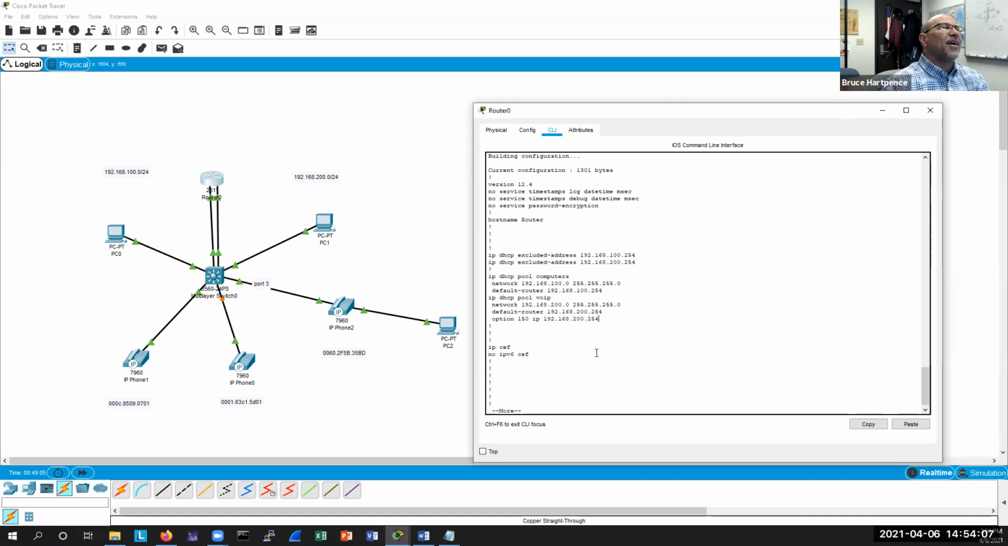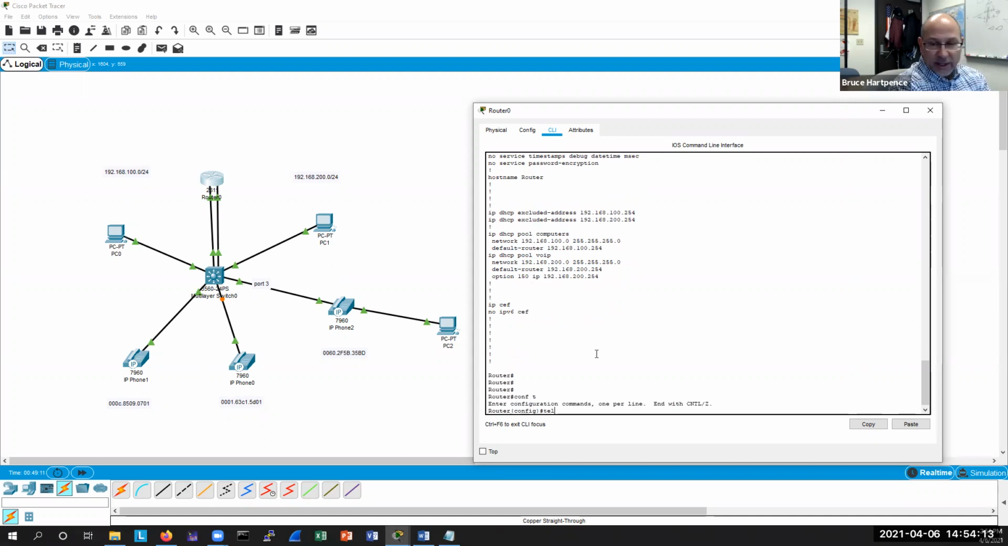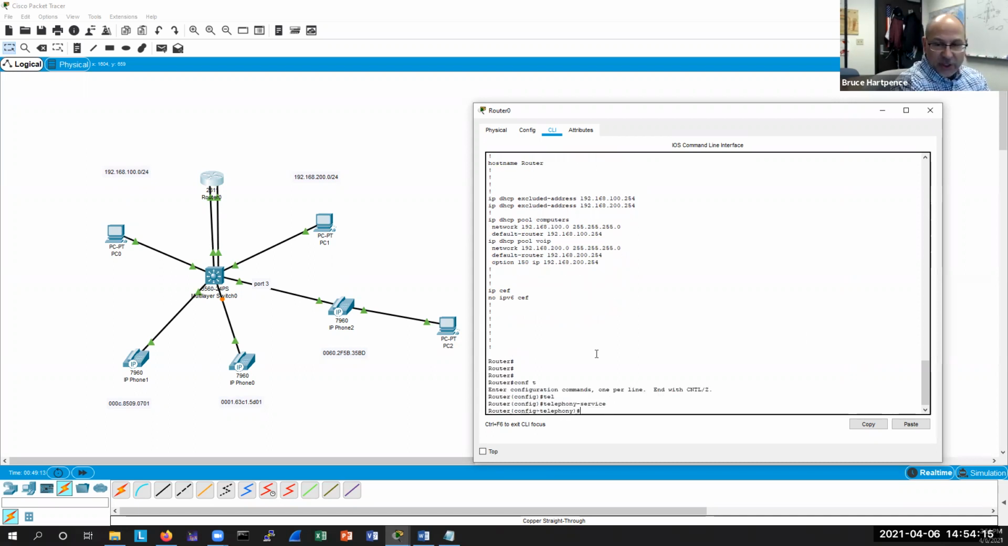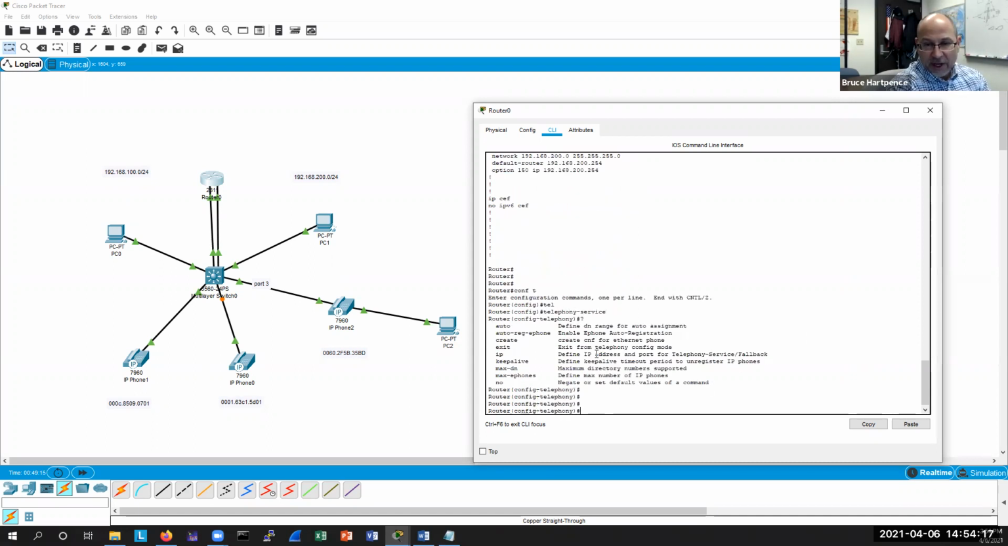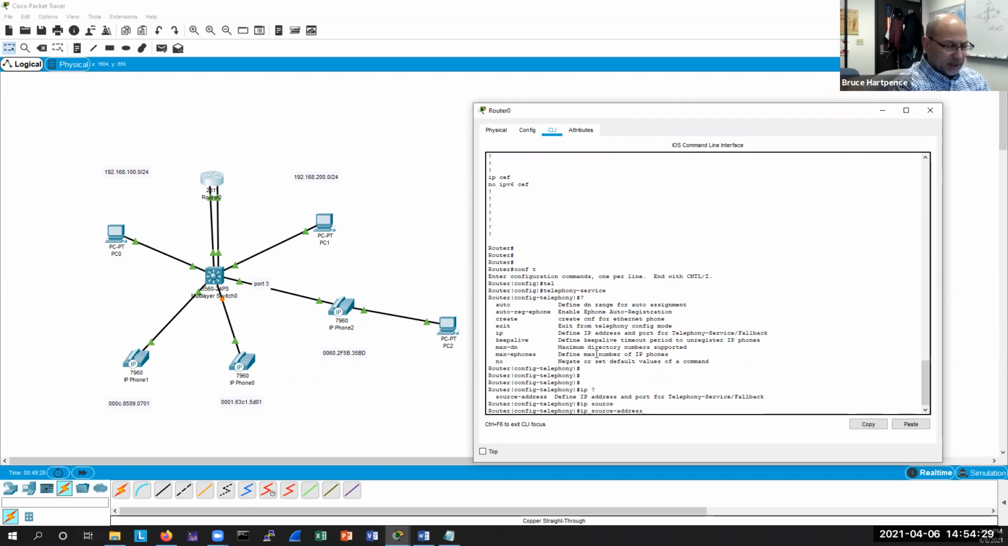Oh, I know what I forgot. Let's fix that right now. I feel a little silly right now, everybody. Telephony service. One of the things that I haven't done is I haven't told the phones where in the world they're getting their actual call server from. Now, it doesn't help the DHCP problem, but